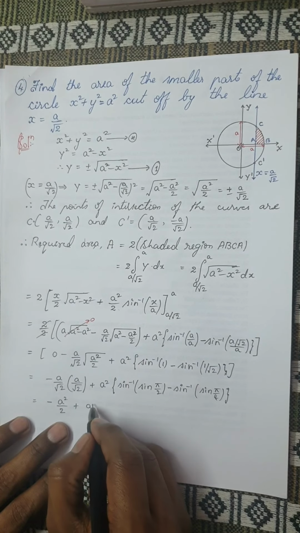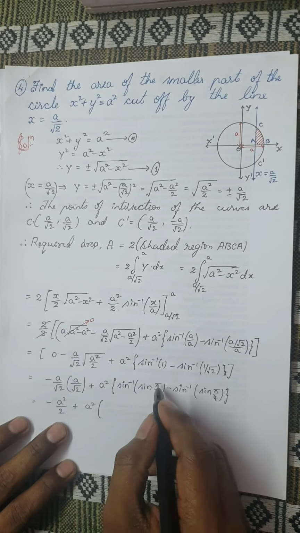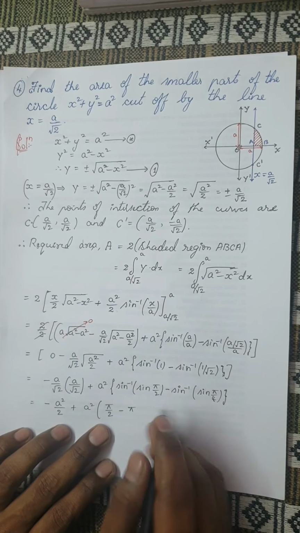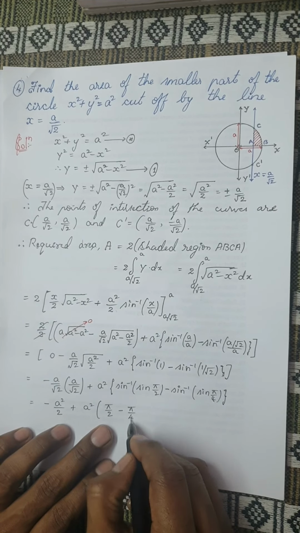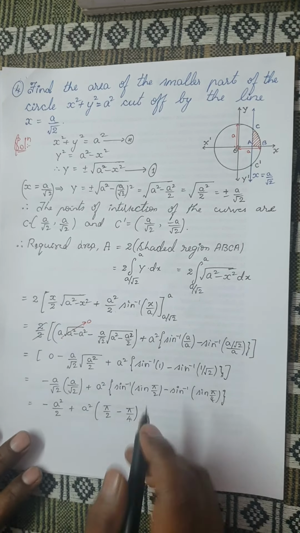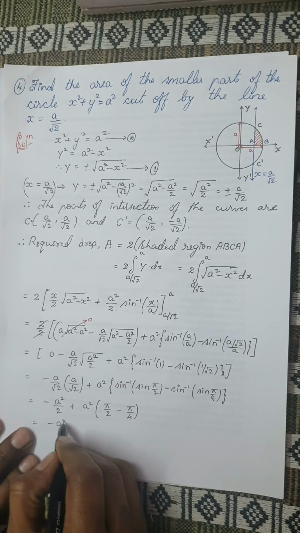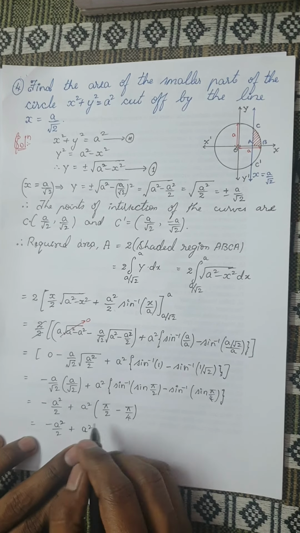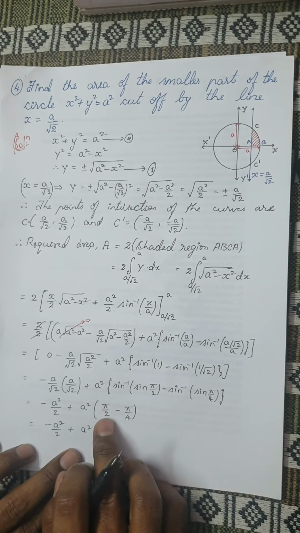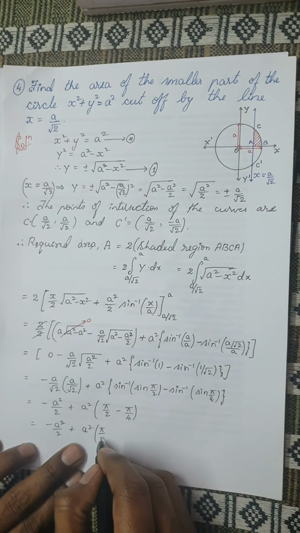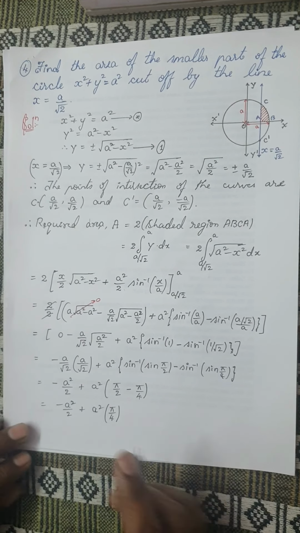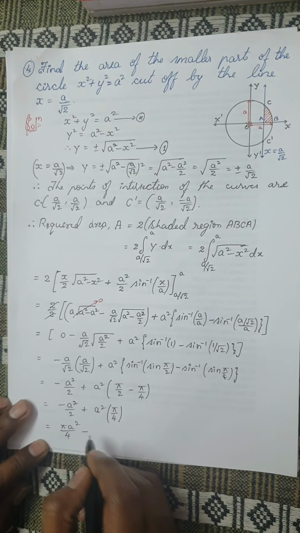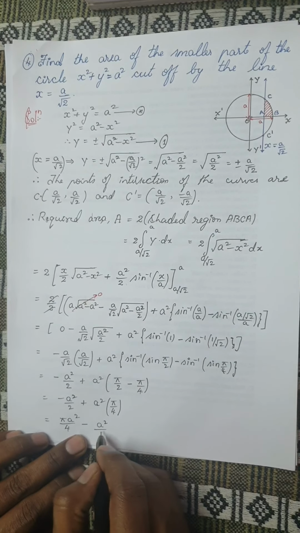Okay, plus this is a square into, now sine inverse and sine will get nullified, you will get pi by 2. Okay, minus, once again sine inverse and sine would be nullified because the angles are in the range of sine inverse. So pi by 4 you will get, and this is nothing but minus of a square by 2 plus, remember, this is a square into, pi by 2 is 90 degrees and pi by 4 is 45 degrees. 90 minus 45 would be 45. Or else you take the LCM, you will get pi by 4. Okay, let me write this term first. You actually get pi a square by 4 minus a square by 2.